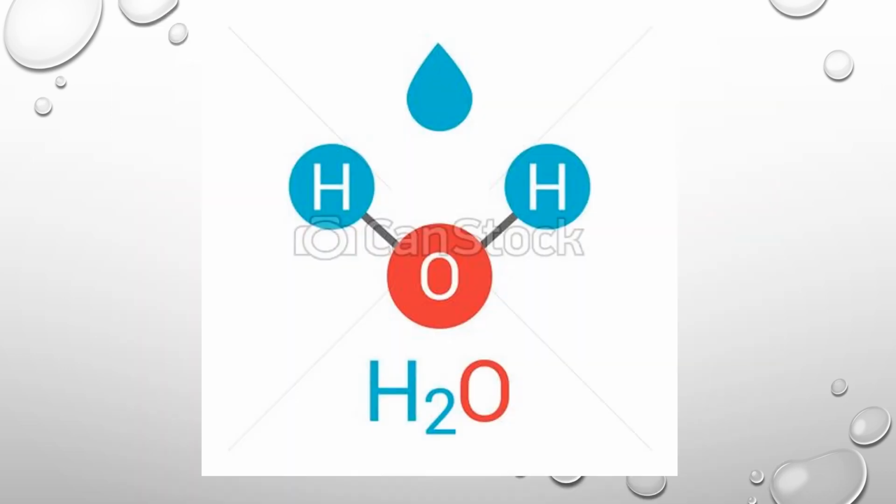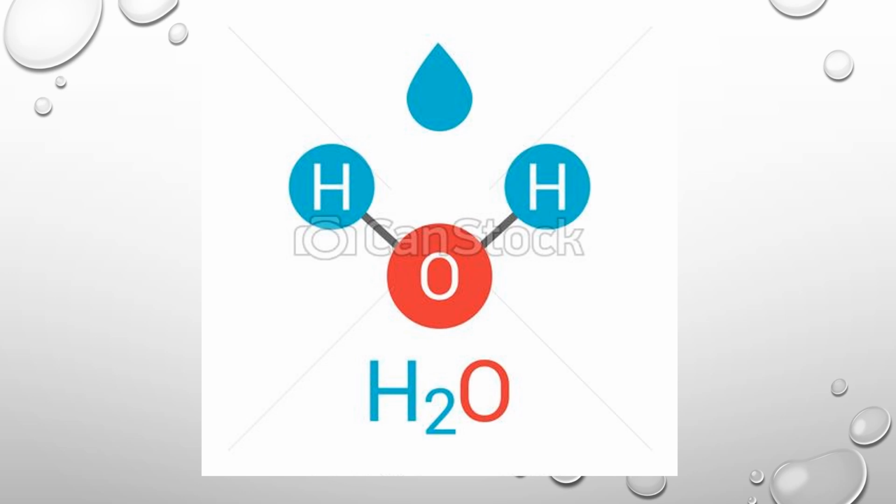Let us go to the first example, that of water. Water is represented as H2O. That is the formula of water. Whenever you are asked to identify whether a substance is an atom, molecule, compound or element, always look at two things. First, look at the number of capital letters, and check if there is any number in the formula. Here in H2O, there are two capital letters, H and O, and you have a number 2 in it.